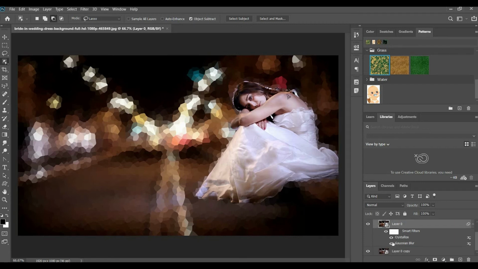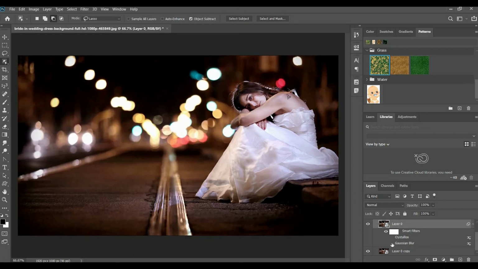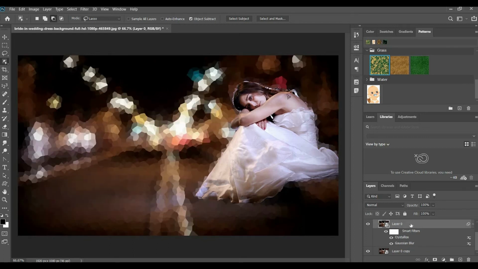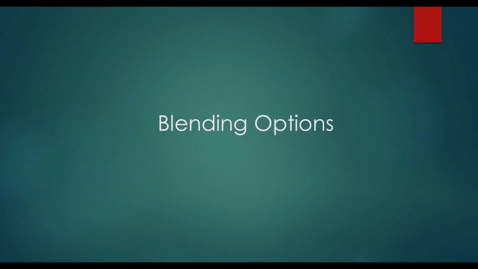Okay, if I want to remove this Gaussian blur, you can remove. If I want to remove this crystallize, go and remove. I am just showing for example when we are working with a big project, on that time it will be more helpful for you. Don't miss this option. Let me move on to the next topic, blending option.